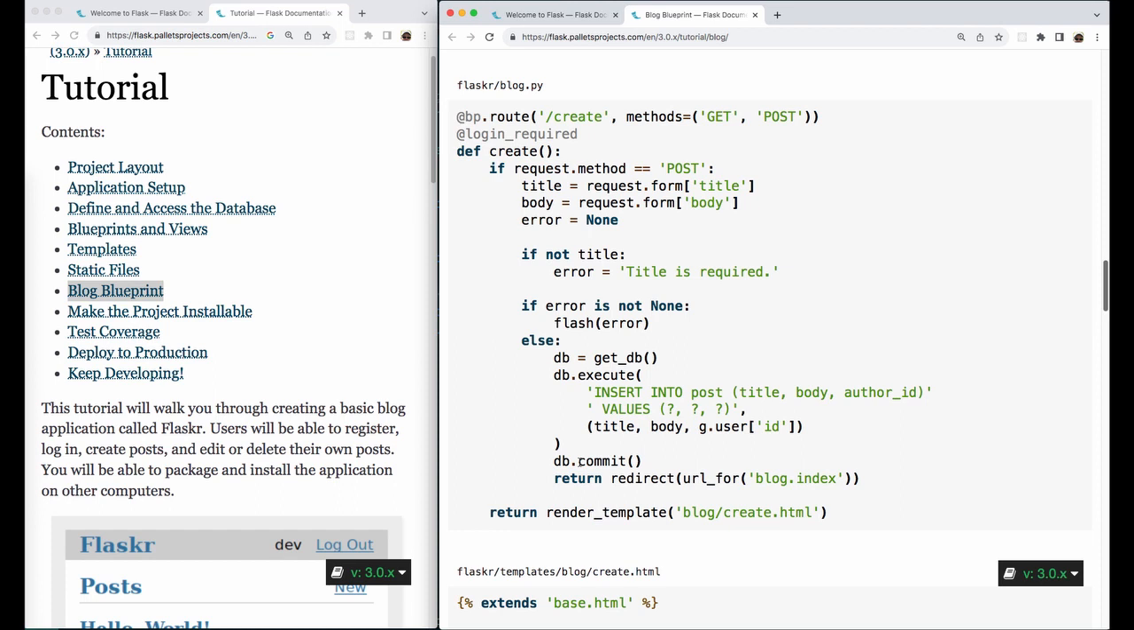If not title, error equals, and we pass it the string title is required. If error is not None, then we flash the error. Else, db equals get_db function, db.execute, we pass it the SQL query, INSERT INTO post, first parameter is title, second is body, the third is author_id. VALUES, we pass it question mark, question mark, question mark. And then the next parameter in parentheses, title, body, g.user, we pass it the ID. Then we db.commit. We return the redirect